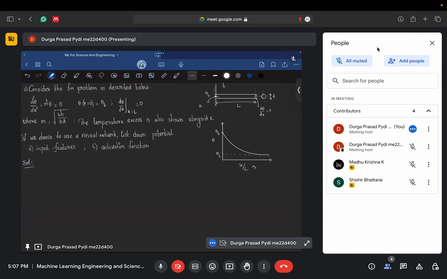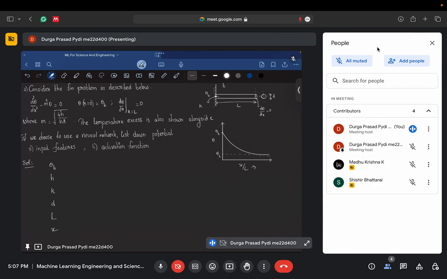You need to know the base temperature theta b. You need to know the heat transfer coefficient. K is the thermal conductivity, D is the diameter of the fin, and you also need to know the length of the fin and the particular x at which you want to find the value of theta. So these are straightforward, but these are the inputs that you would be needing when you want to solve this